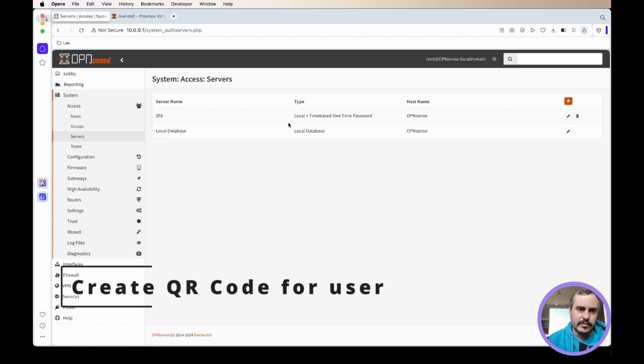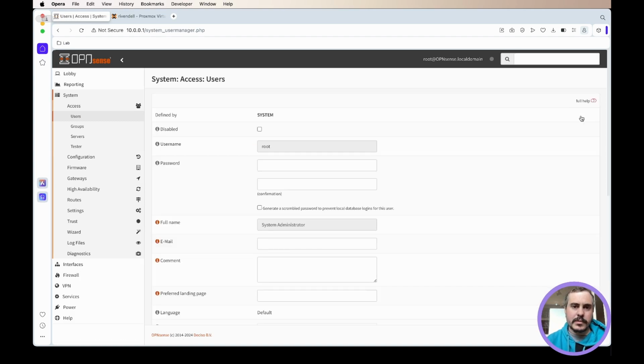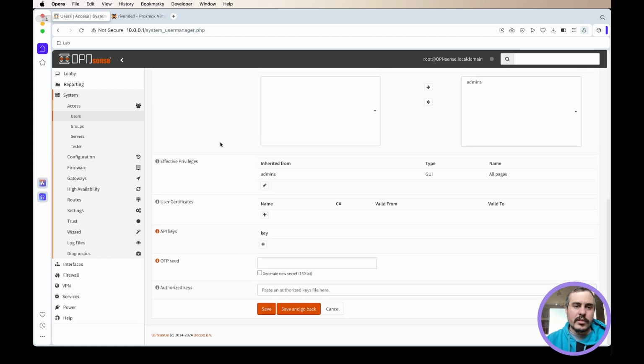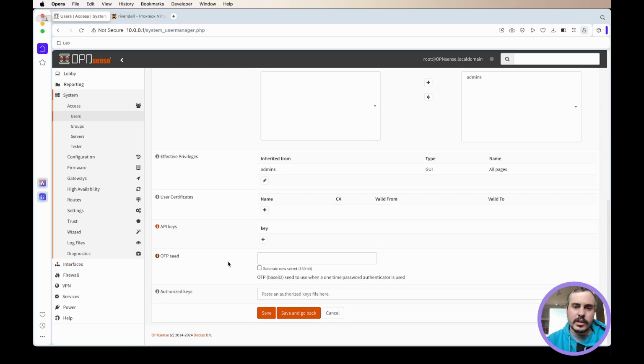The next step is to assign this to a user. So what we'll do is go to users. You can create a new user, but I'm just going to add it onto the root user for this guide. So I'm going to edit it. If we scroll all the way to the bottom, we see here's an input called OTP seed, so the one-time password seed. What we will do is click on the new, so generate a new secret, and we'll click